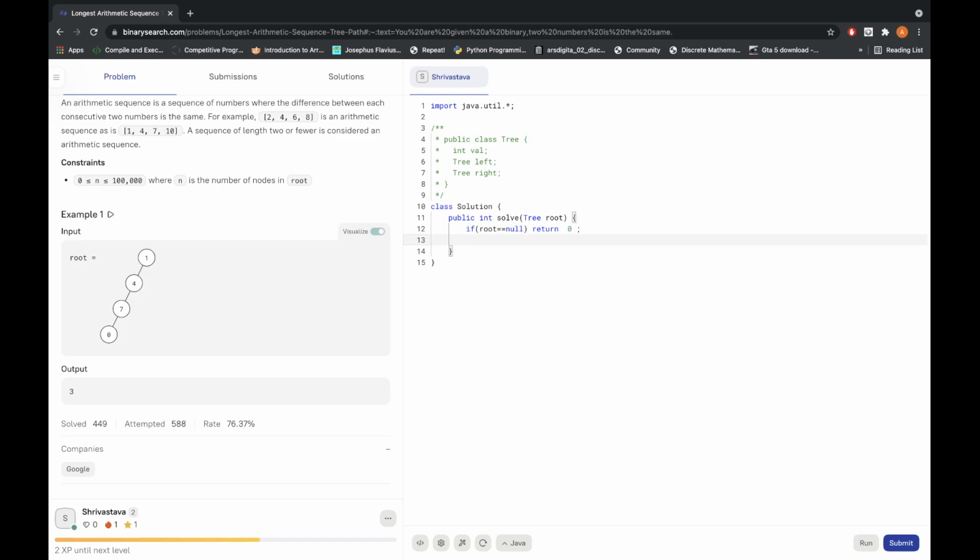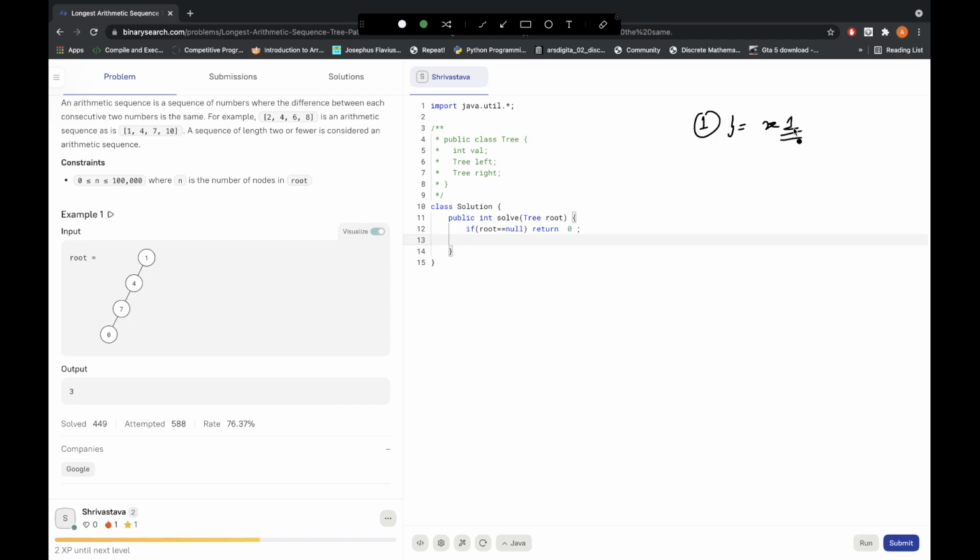Now another case that we can have is, let's say your tree has only one element. Then what will be the length? The length will simply be 1, right?